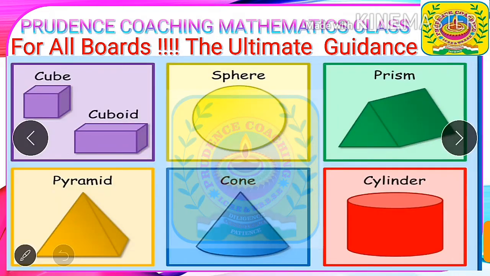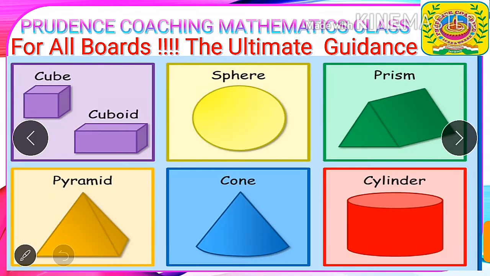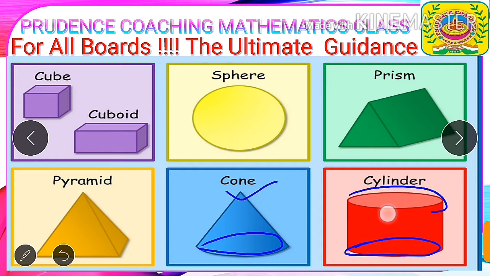So let's start. By seeing these pictures, it may come to your mind that some of the figures have the same base as the top. As you can see, in a cube we have a square base and the top is also a square. In case of a cuboid, we have a rectangular base and a rectangular top. In case of a pyramid, we have a triangular base and the top is pointed. In case of the cone, the base is circular but the top is pointed. Similarly, in case of a cylinder, the base is a circle and we have the same circle in the top.